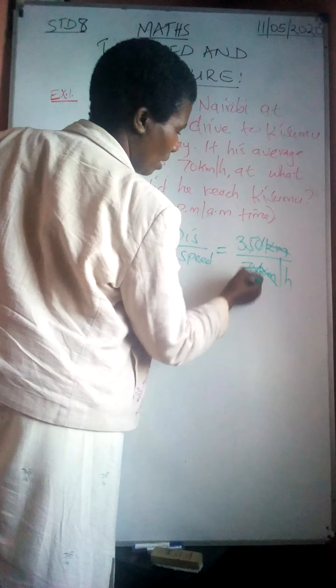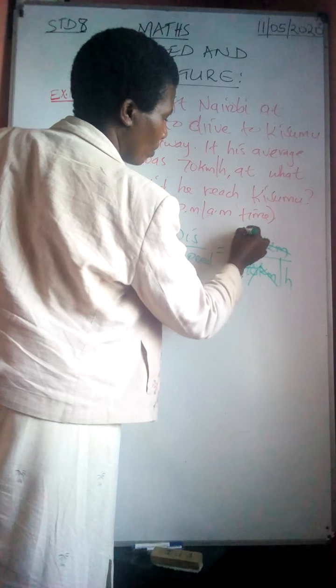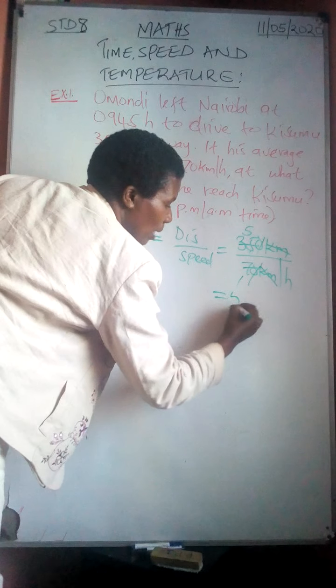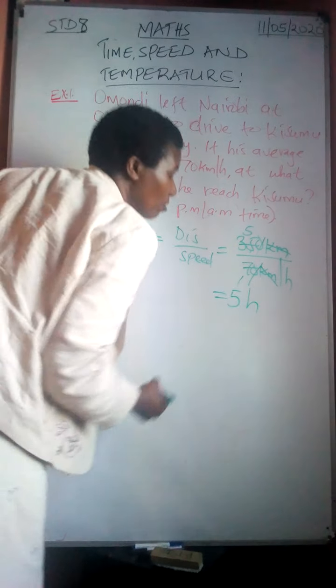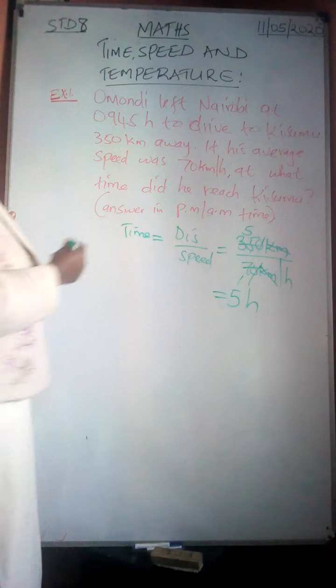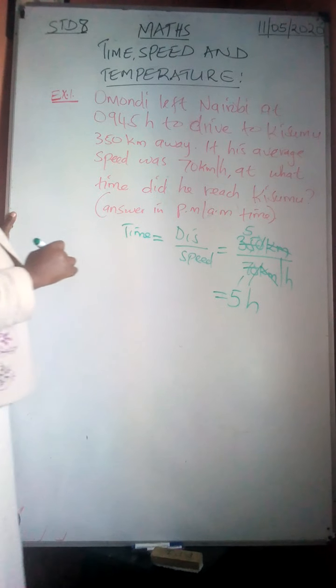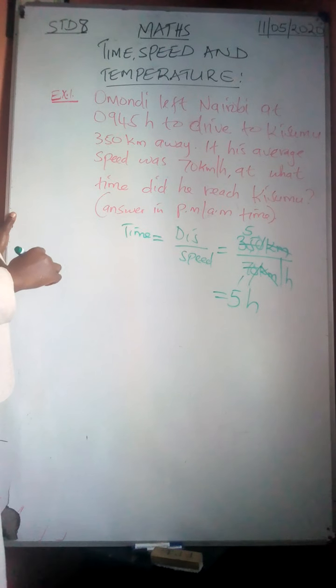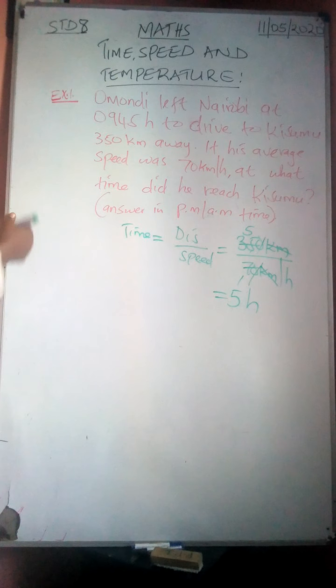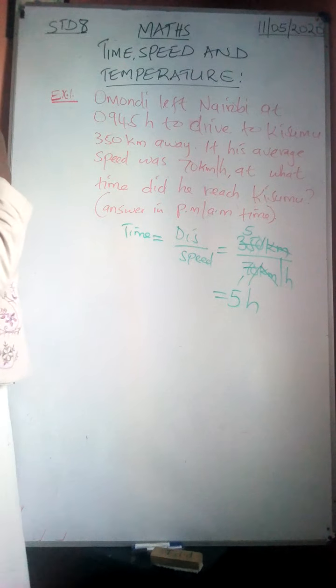Then 7 into 7 is 1, 7 into 35 is 5. Therefore, this man requires 5 hours to cover 350 kilometers. So he began his journey at 09:45, and for us to find the arrival time, we